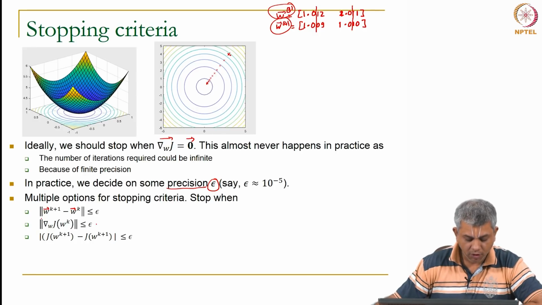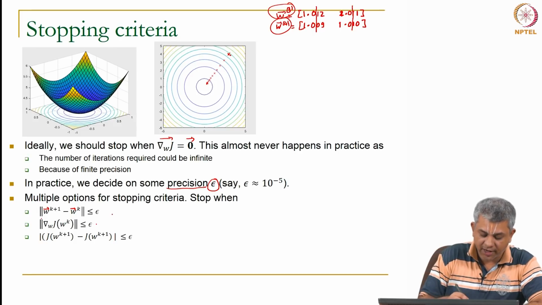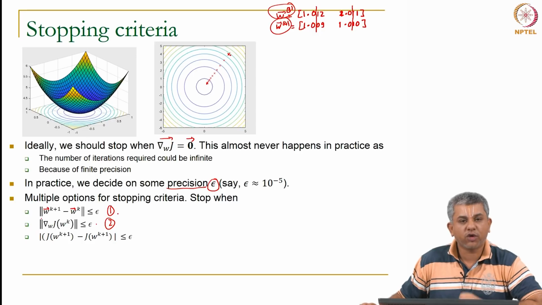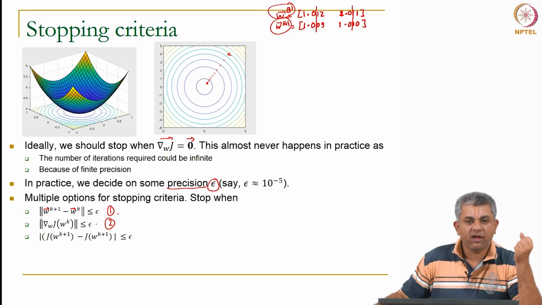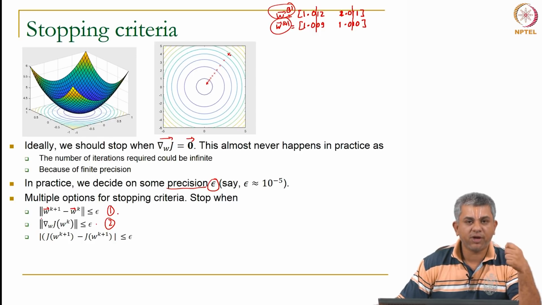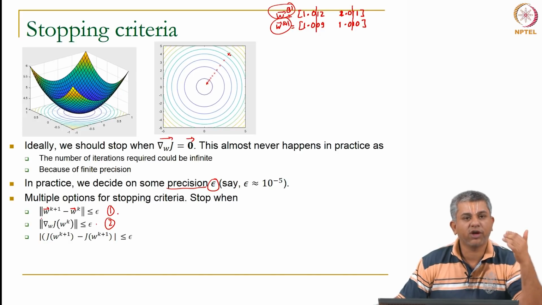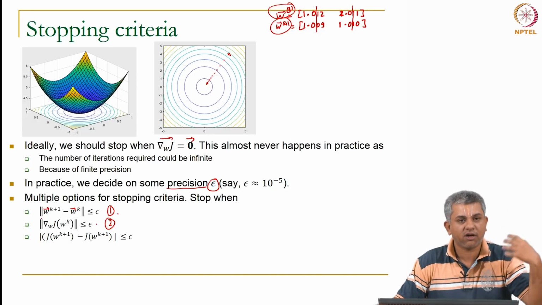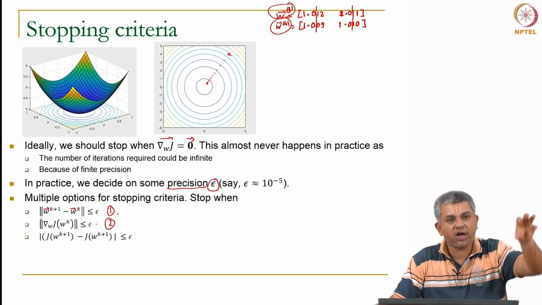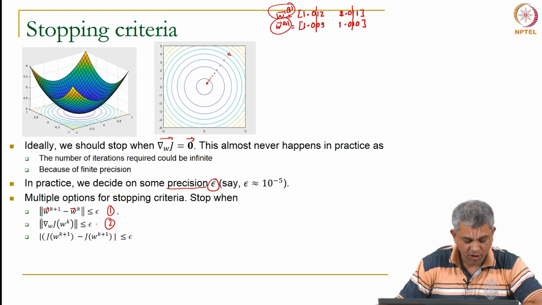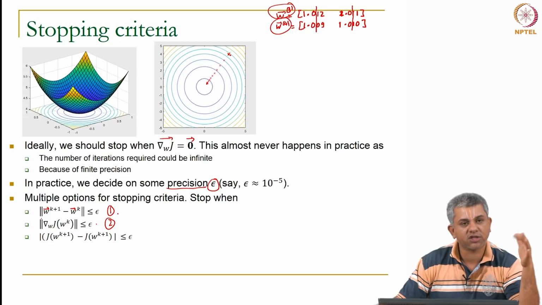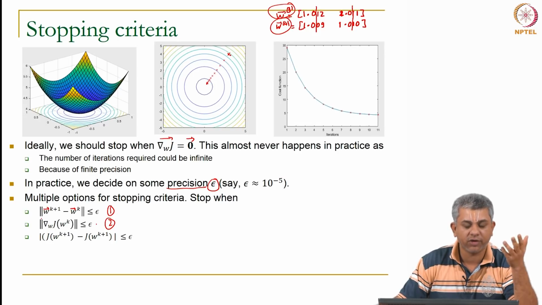Finally, so this is choice 1, this is choice 2, instead of looking at grad J, I could also look at the cost function itself, which is the J for the previous value. Remember our example, we were going from 29 to 229 etc. when it was diverging, but it was slowly coming close to 4 when it was converging. So, I could look at the cost of the previous iteration and the cost of the next iteration and find out the difference between the two.